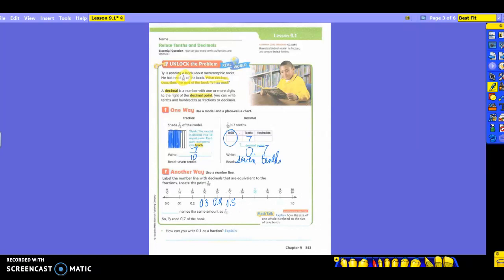0.5. 6/10. Okay, here's the 7/10. So I'm going to write 0.7 for 7/10. 8/10. 9/10. 0.9. Now we've got to find the 7/10 place, and we're going to put a dot on the number line